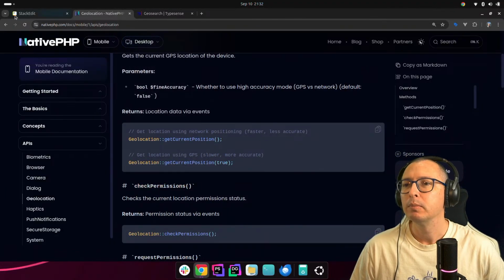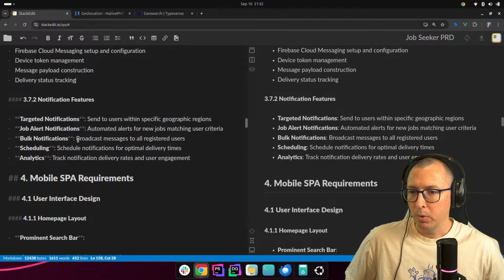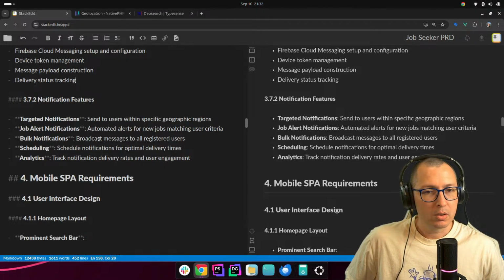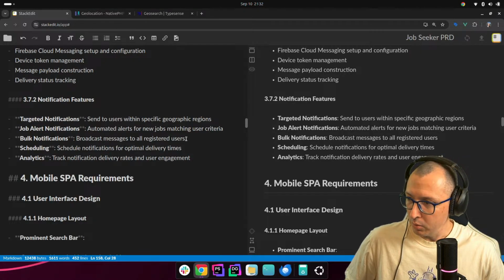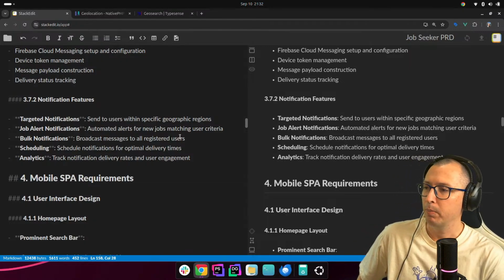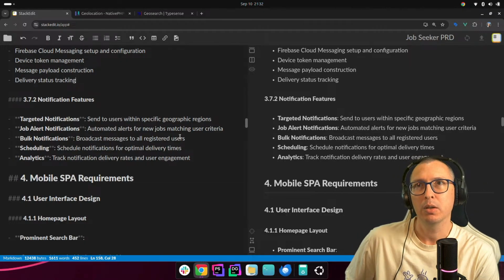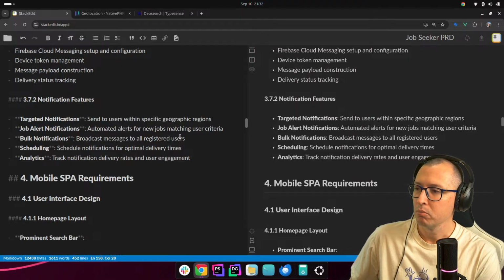All right, back to this. Bulk notifications. Okay, broadcast messages to all registered users. We could have a scheduled broadcast, not just when a job is posted, but we can have a weekly blast to all users.